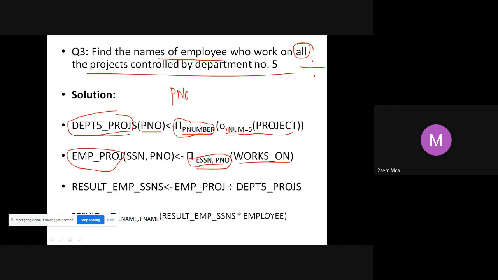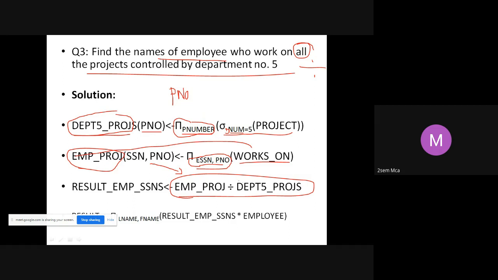Then what are we doing? See here, we are applying a division operation. This complete table contains each employee working on different projects. That entire detail is there in your employee project. You have simply taken it from works on, except that you have removed some attributes, that's all.